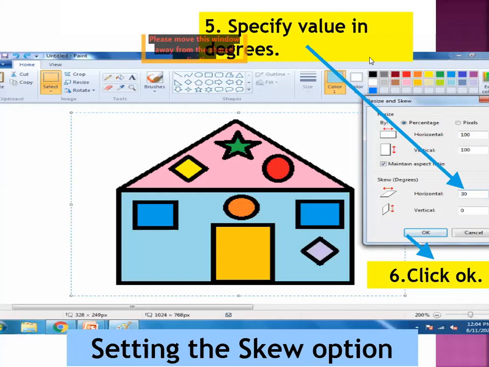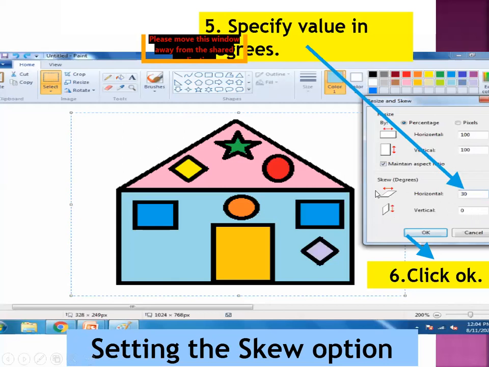So step number 5 is, if you want to move your image in the horizontal direction, write the number in the horizontal box. And if you want to move your drawing in the vertical direction, write the number in the vertical box.